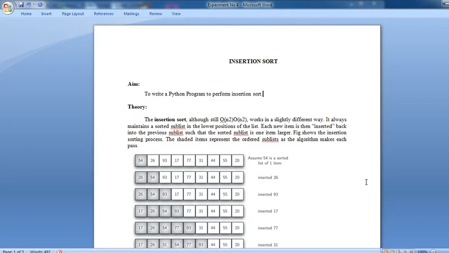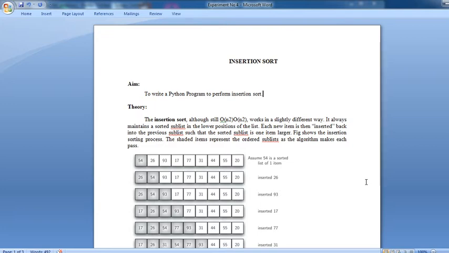Sorting is done by inserting elements into an existing sorted list. Initially the sorted list has only one element. Other elements are gradually added into the list in the proper positions. Then the second definition, merge sort. In this method, the elements are divided into partitions until each partition has a single sorted element. Then these partitions are merged and the elements are properly positioned to get the fully sorted list.